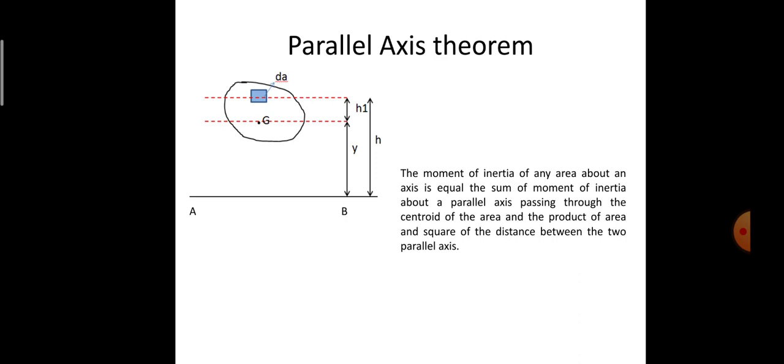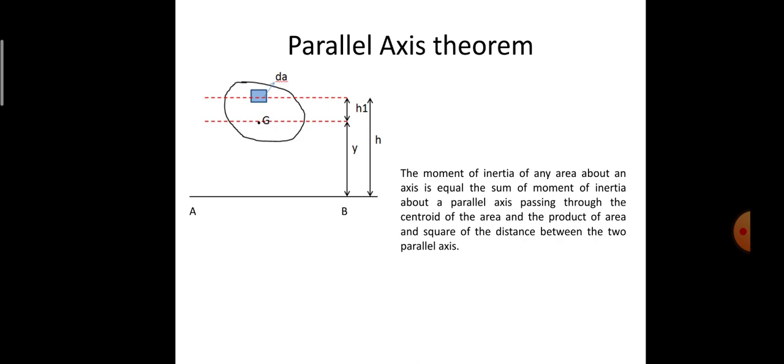Suppose I have an area equal to A and a reference axis, and the distance between the area and the axis is, as an example, Y. The first moment of area is equal to A into Y, that is area into perpendicular distance. But the second moment of area will be equal to A into Y into Y, so it is A Y square. In general, second moment of area can be directly defined as the product of area into the square of the perpendicular distance with reference to some axis.